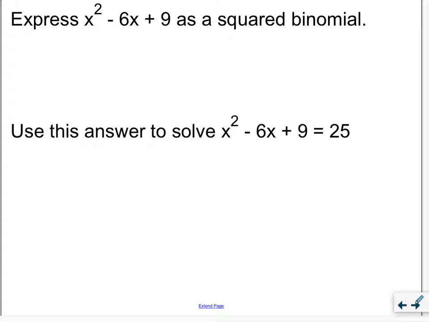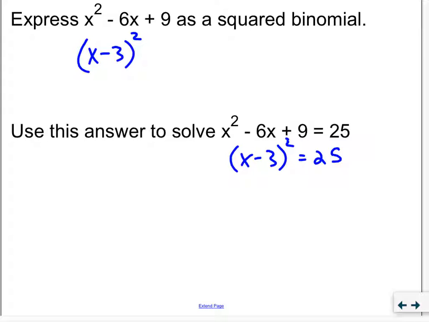Alrighty, we're going to continue on a little bit. So if we write this as a squared binomial, we take the square root of 9. We get the square of x minus 3. Here's why we did all that stuff. Because if I know that x squared minus 6x plus 9 can be written as the square of x minus 3,